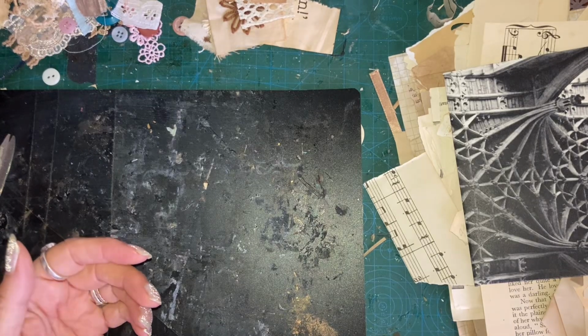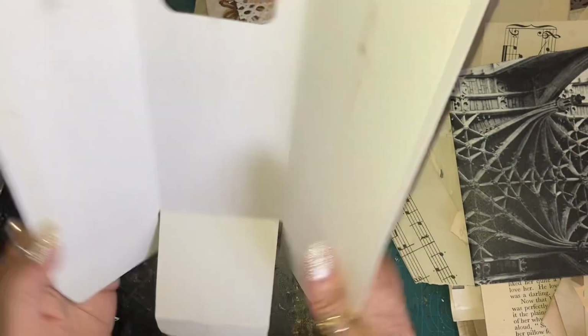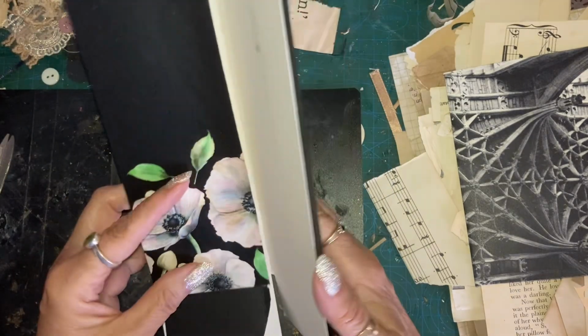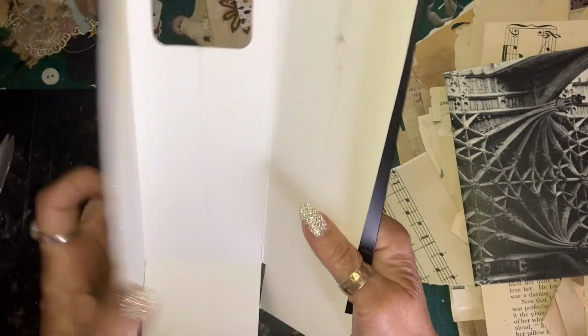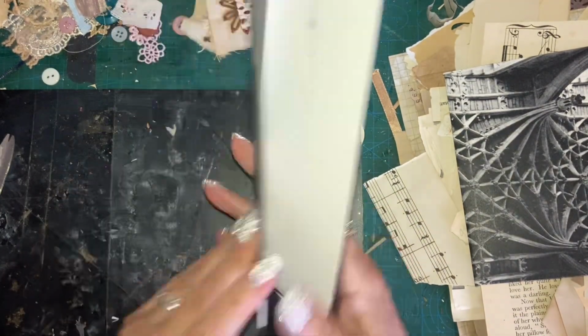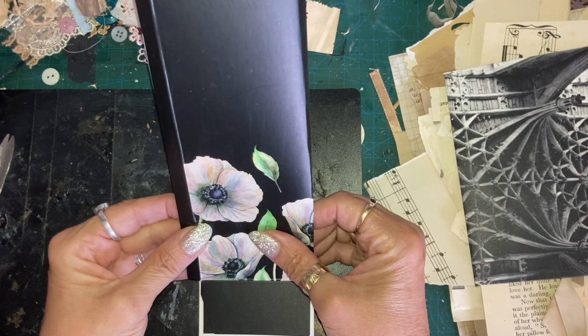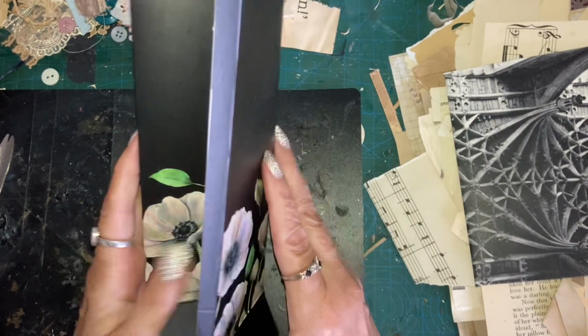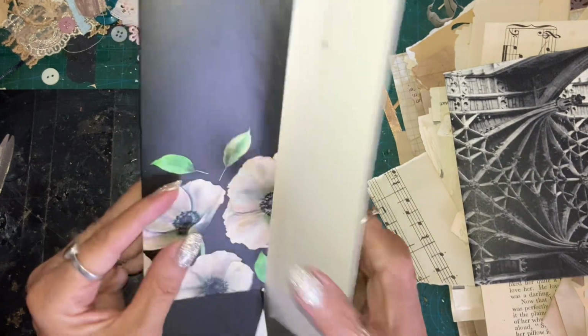So this one is intriguing me because I'm thinking it's got the folds in it. Do I embrace the folds? Do I cut it off about there and make a little fold out booklet? And it's decorated, but it's quite thick card, so that'd be rather bulky in a pocket. Or do I do something